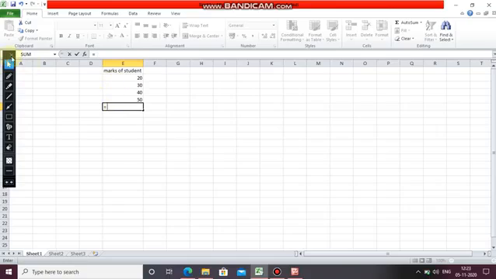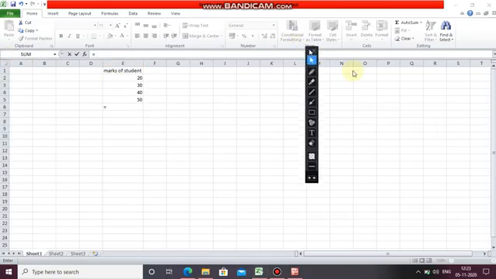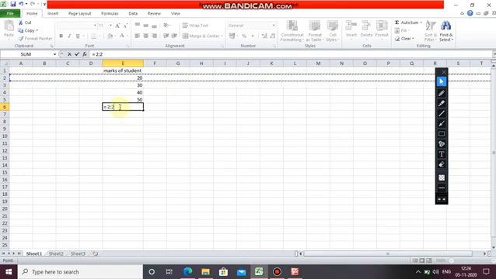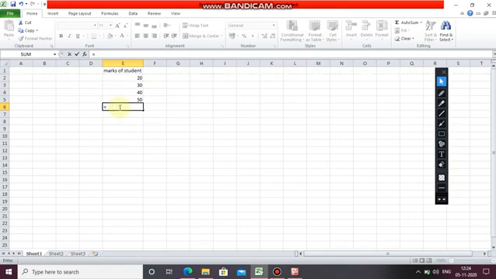We will write cell referencing. Cell reference means a cell has a unique column letter and row number. So here E, you can see E, and here is the number 2. So we will write E2, then plus this number E5.